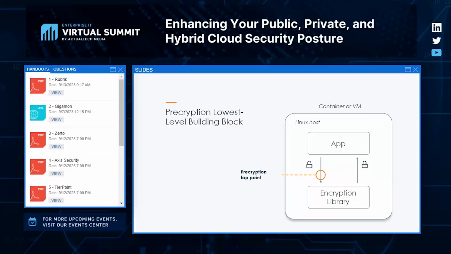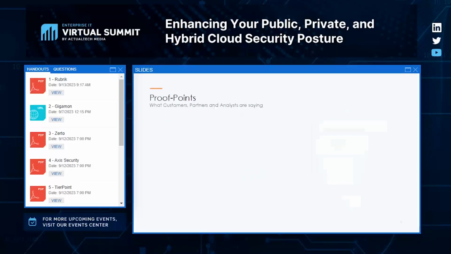So rather than picking up the traffic on the wire after it's been encrypted, pre-encryption comes in through kernel level services. For those of you that are more technical here, we use eBPF, extended Berkeley Packet Filtering technology. That's a kernel level service that's out there with every modern version of Linux. So we will reprogram eBPF, the kernel, to say, hey, if anyone's calling that library, please send us a copy of that record. So then we intercept that.